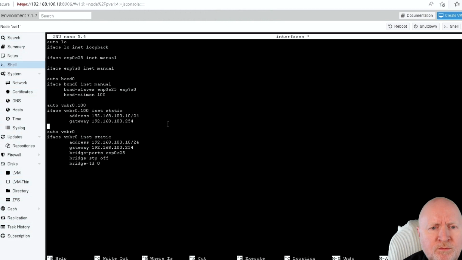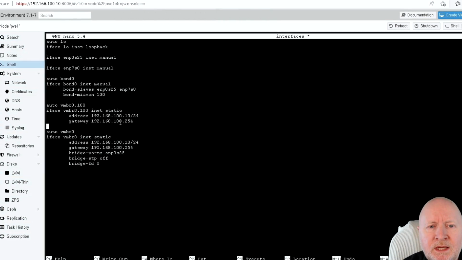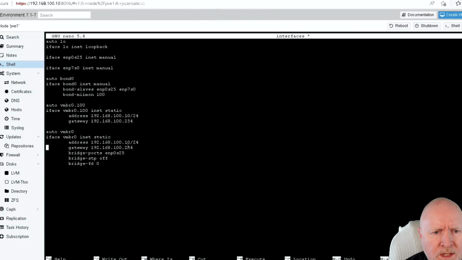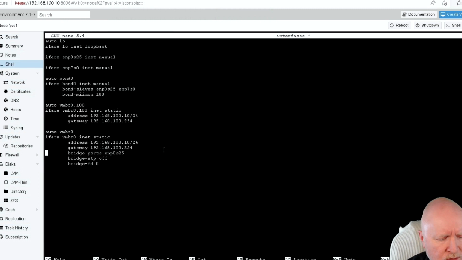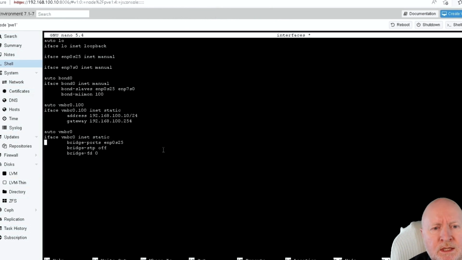So because we've moved, or more defined an IP address up here that matches this one, we need to take those 2 lines away. So I'm just placing the cursor down on this line so I can hold down the Shift key, press the up arrow twice, hold down the Control key and press K to delete the 2 lines. And because we're no